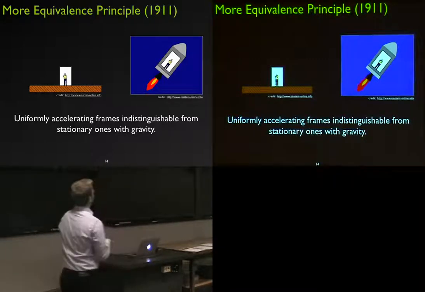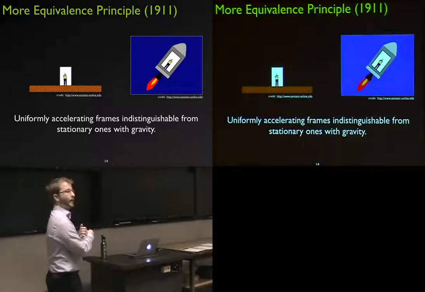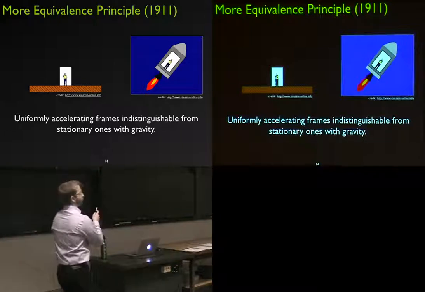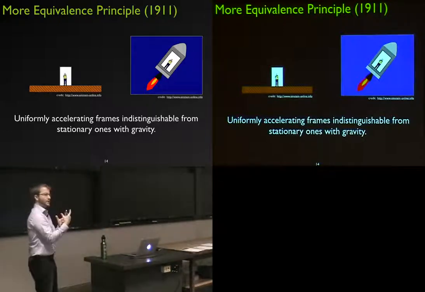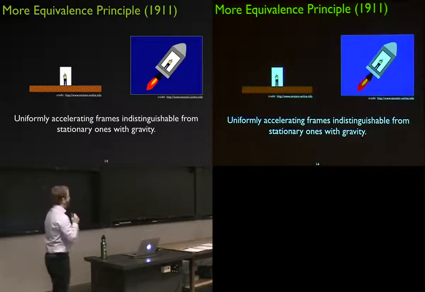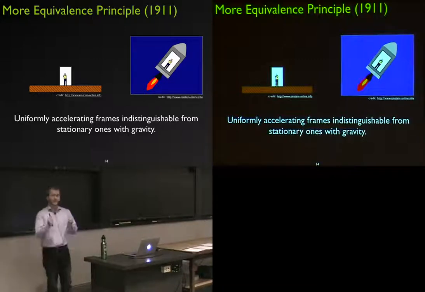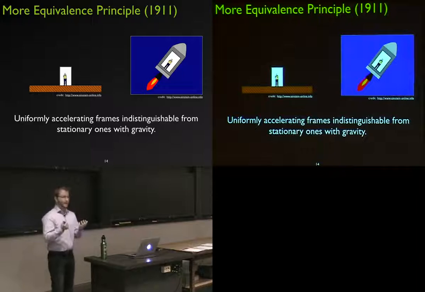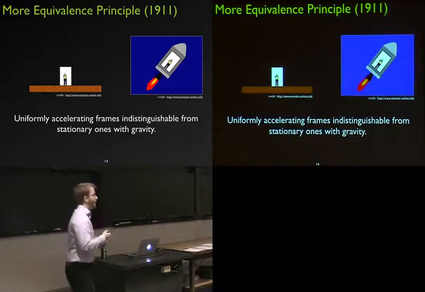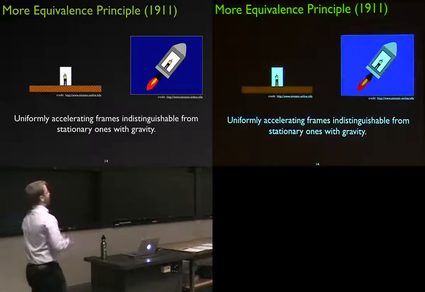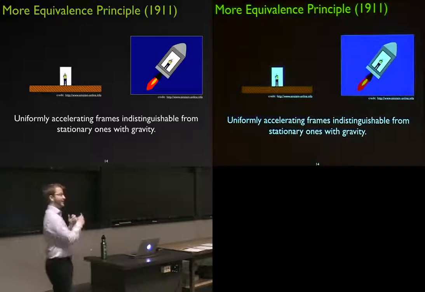So you can't tell the difference between sitting on the ground in a box and being in the box of a rocket ship that's accelerating at 9.8 meters per second squared. And that was another leap. I mean, it seems kind of natural. In an elevator, when it's going up, you feel like you're getting a little heavier. Obviously, the gravitational field of the Earth is not changing. It's just you're undergoing an acceleration. And Einstein said not only is that similar, it's identical.